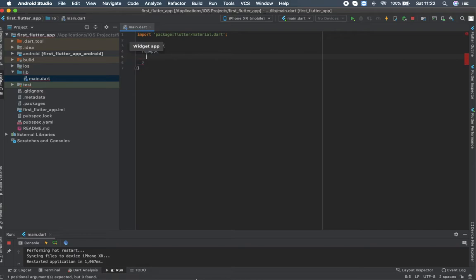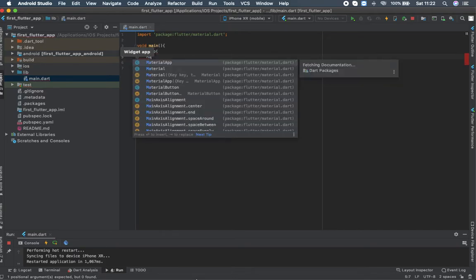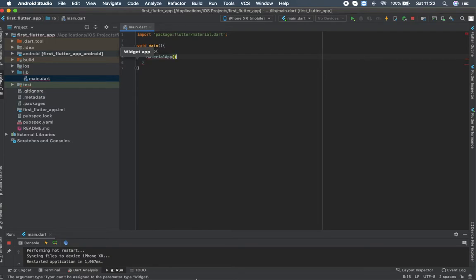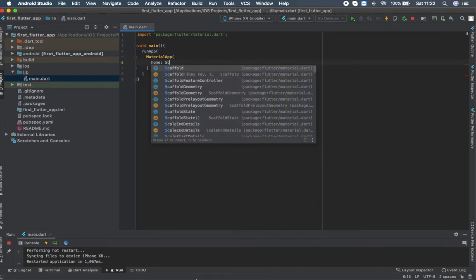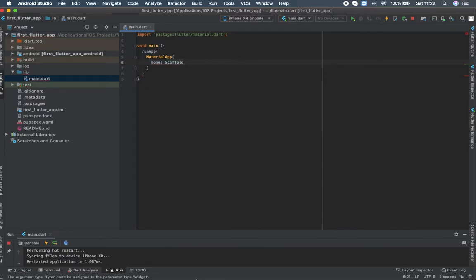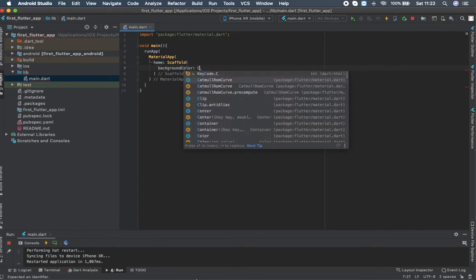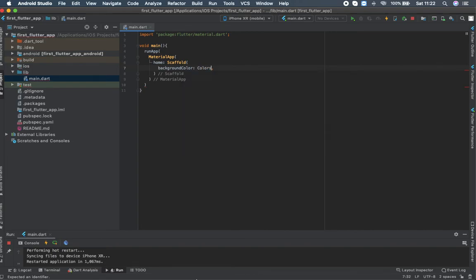And inside this, I'm going to type a MaterialApp which is having home and Scaffold. As far as I type home Scaffold, this is the material which is having a Scaffold, and inside this we're going to write all the stuff like a background color for the app. I'm going to write the app background color as white,